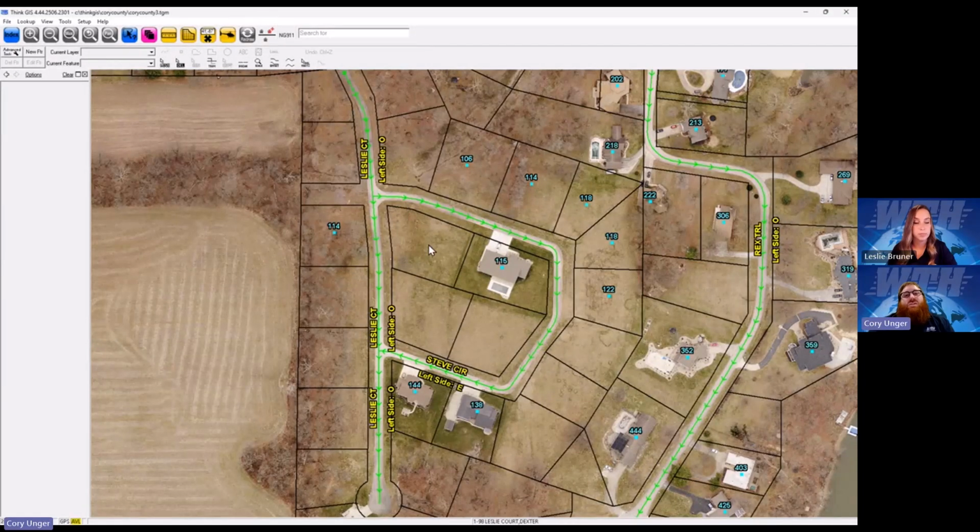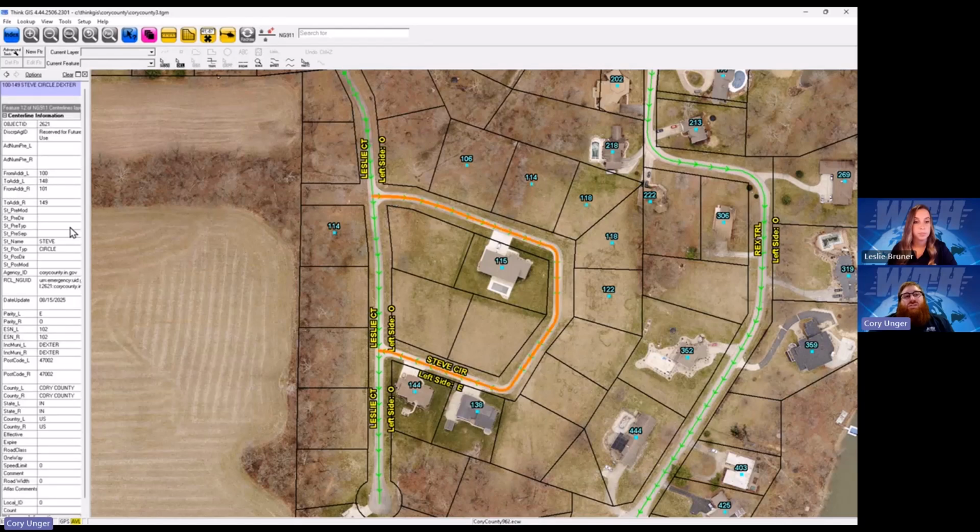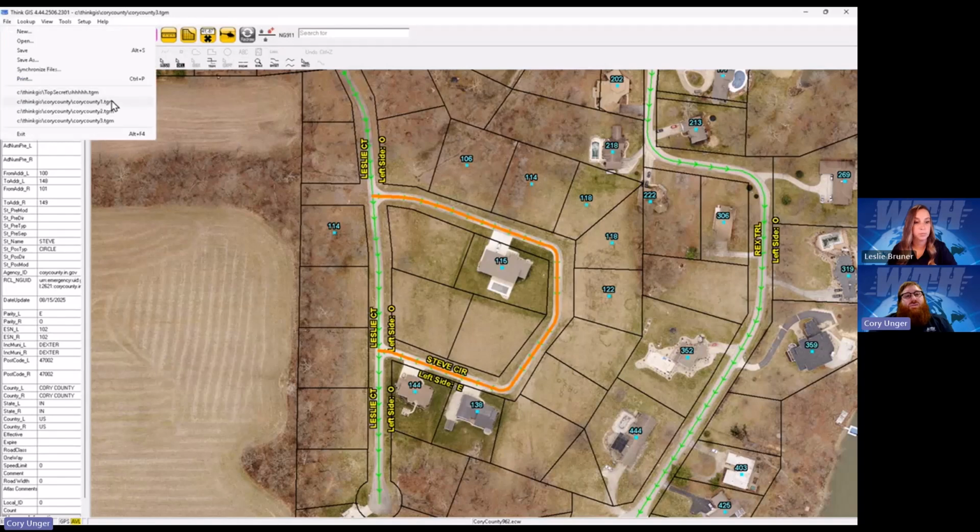So the way our tool works is, if there's a good center line layer with ranges, it's going to try to use that data as the default. That's the first thing it looks at. The second thing is it will look at addresses around there, if they're available. If they're not available, and that's where, if we go back to this example